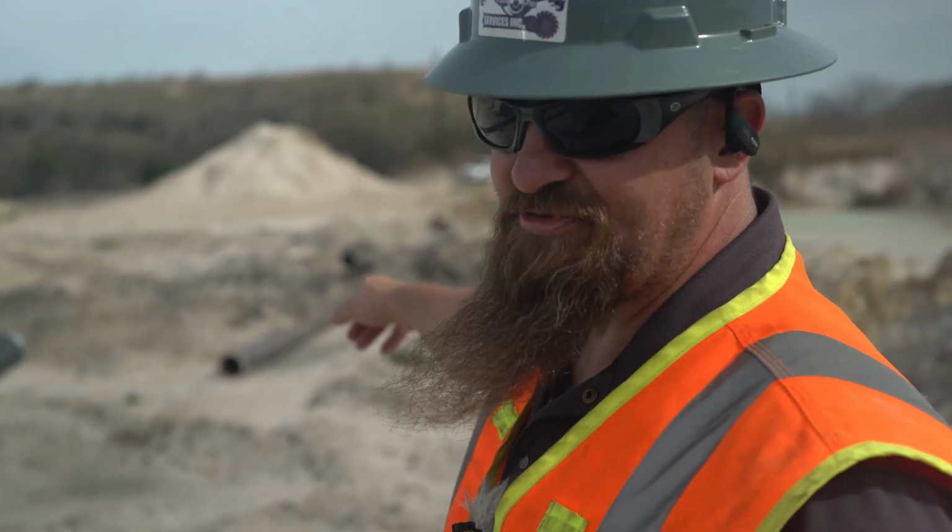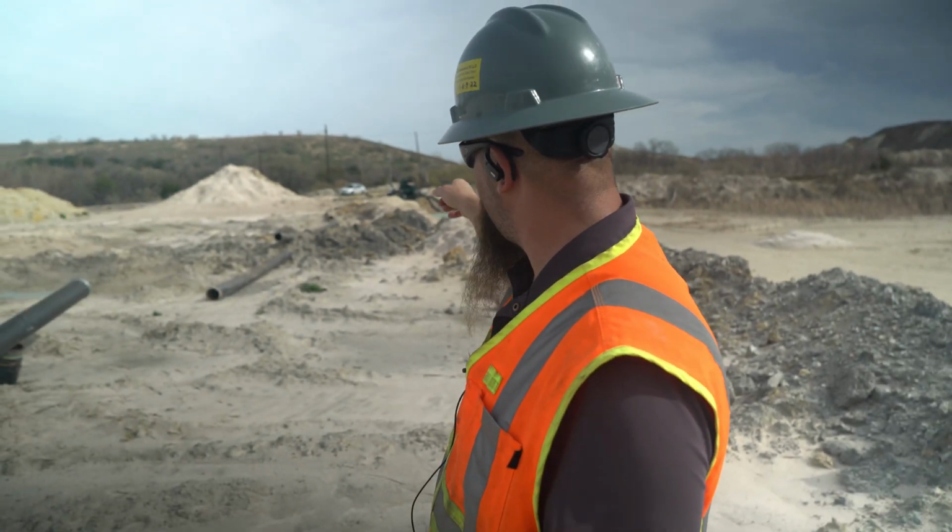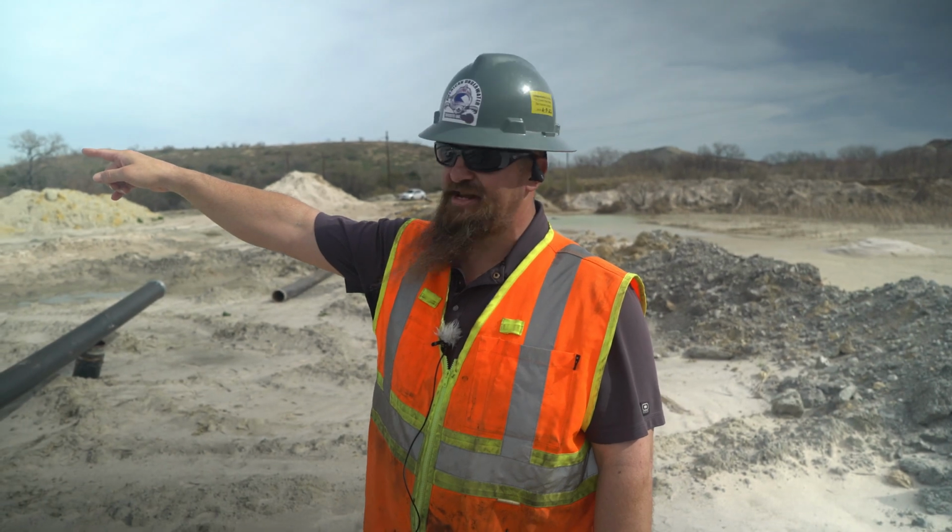We'll stack on the rest of our pipe here and go to that booster pump sitting right over there, which will send it up that hill and over into the next pond over there where they're going to dispose of it. Right now we're using a Hays setup,